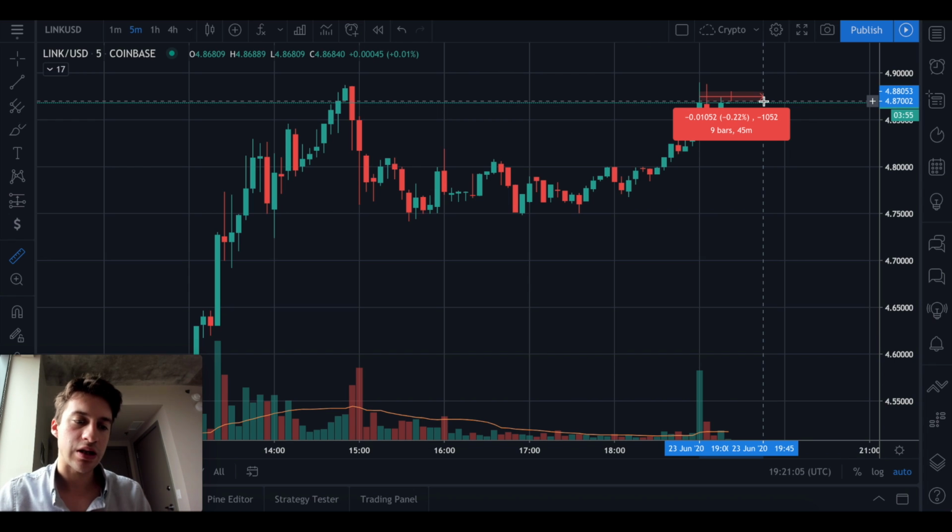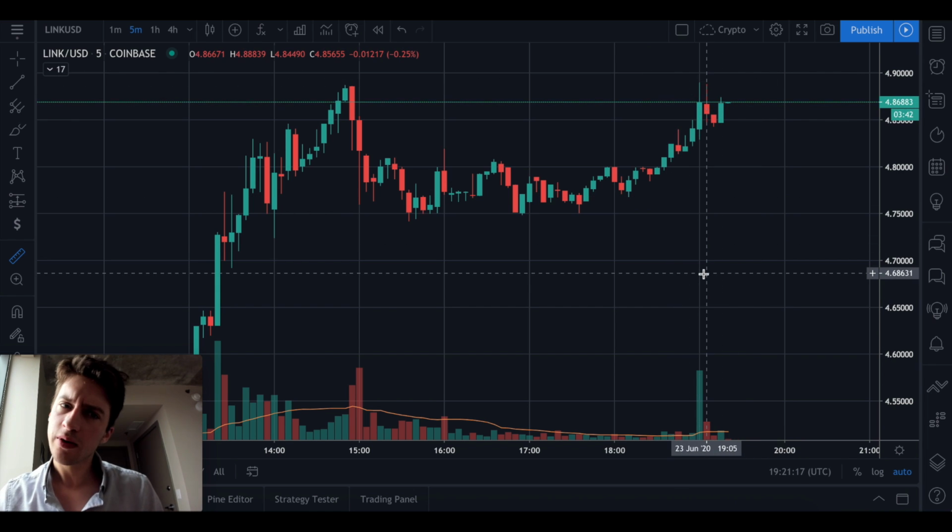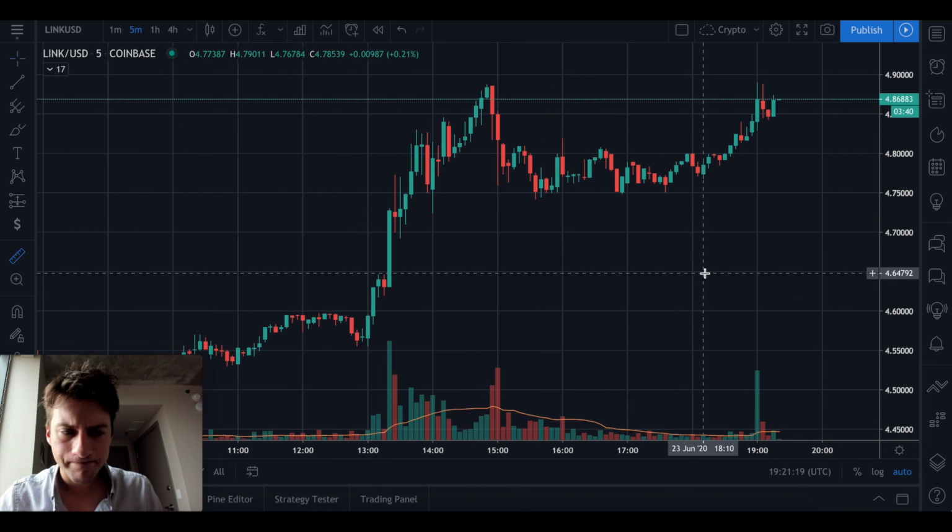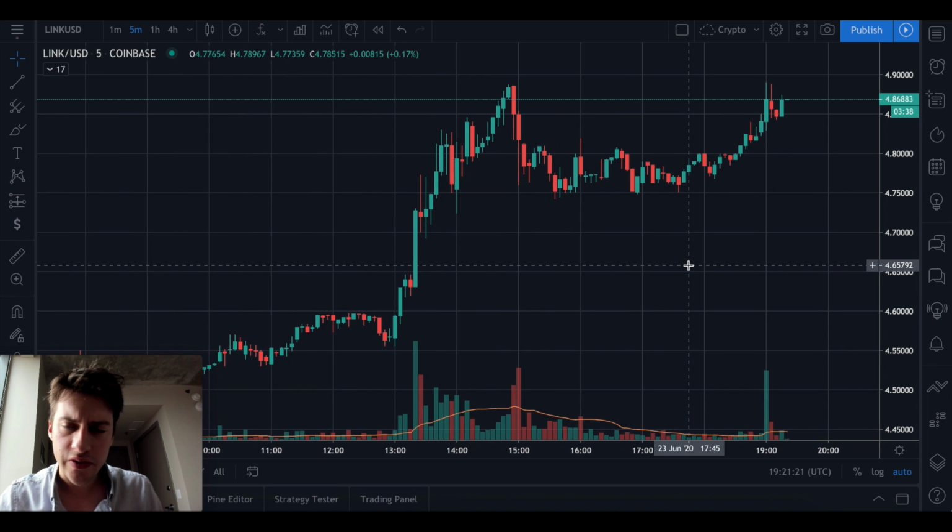No, he's actually currently down because fees on Coinbase are so high that even with a 0.22% profit, you're still down money. But I don't think you can short on Link. Correct me if I'm wrong. I don't think you can short on Link on Coinbase though. So he probably got his order filled on Binance, if anything. That's my theory. Binance Futures, that is.